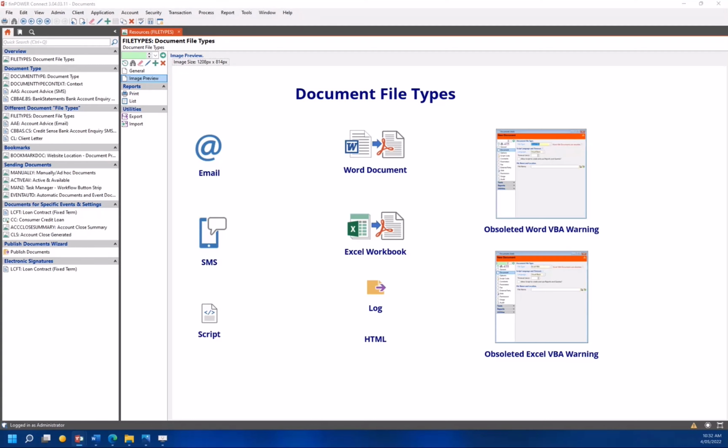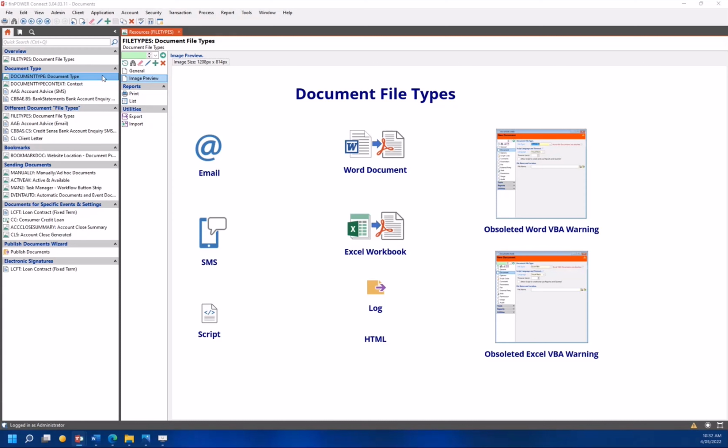When creating a new document template, it's really important to understand what your client is needing it to look like, what information the document needs to contain, and how they would like to send them. Whilst a simple document template can be added by a user, it's recommended that if high customization is required, the templates are completed by a Fundpak Connect code-savvy individual or team that are also familiar with the Microsoft Office